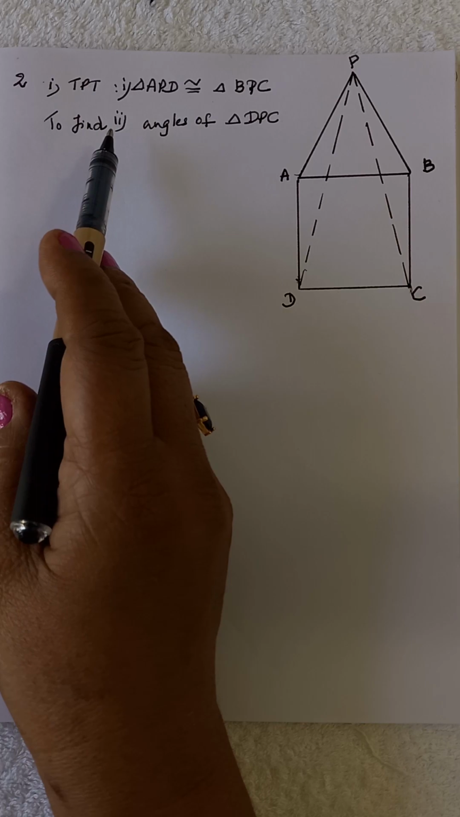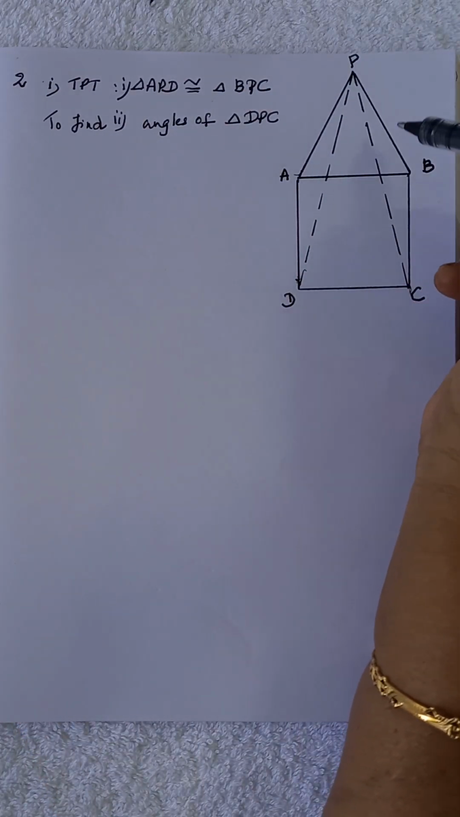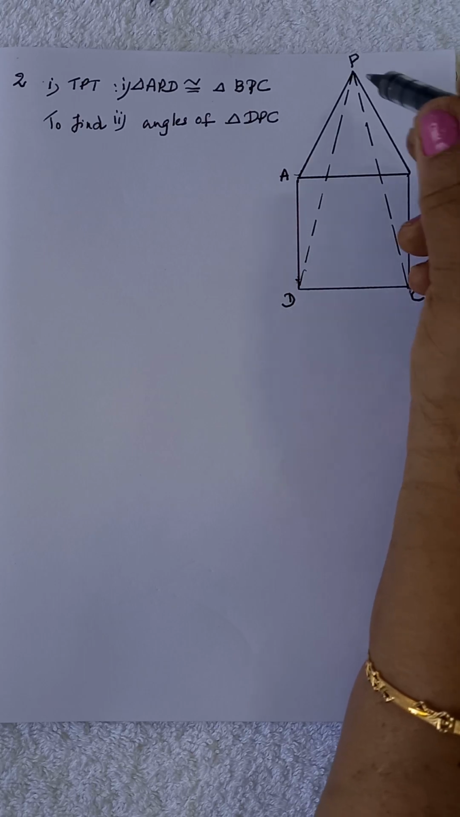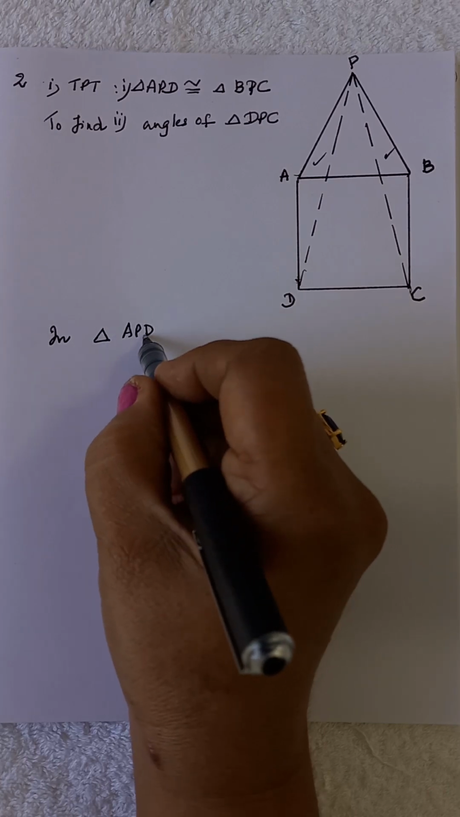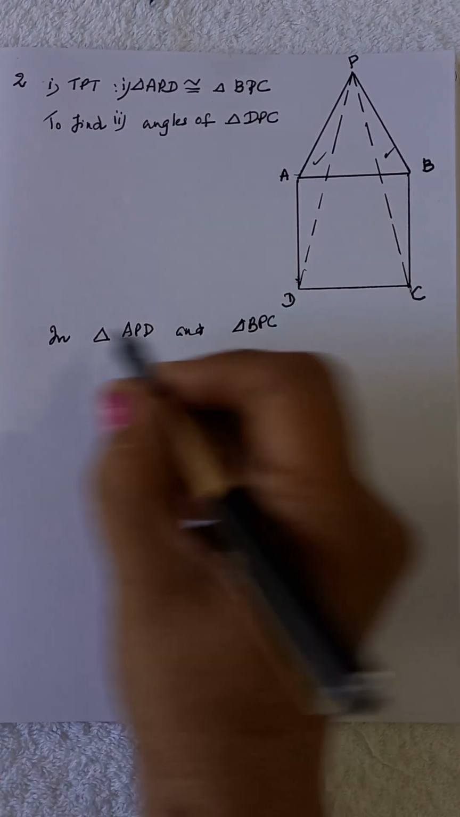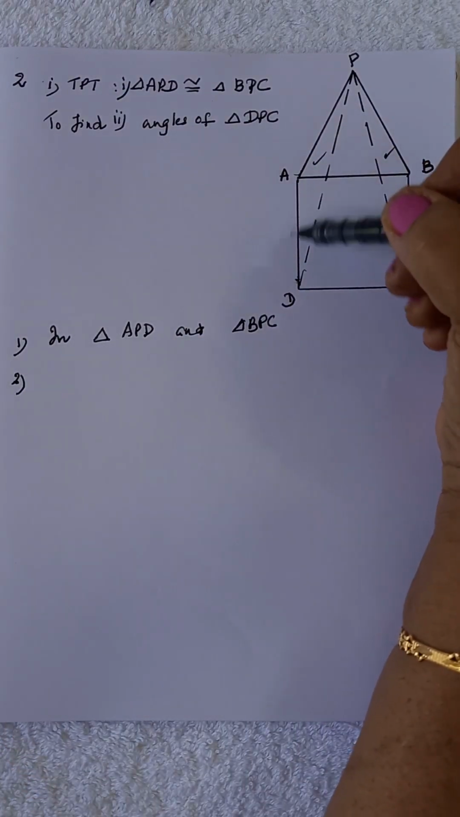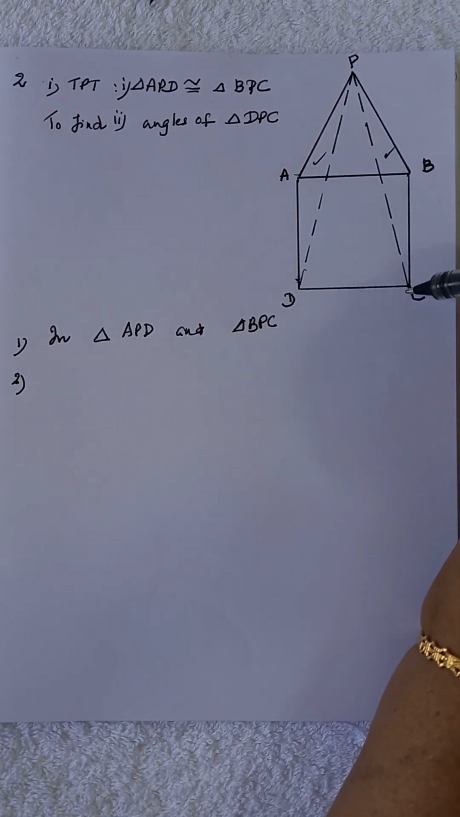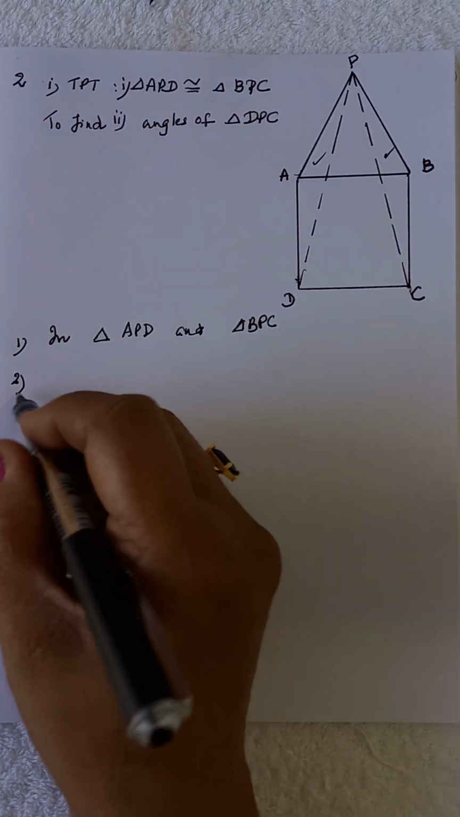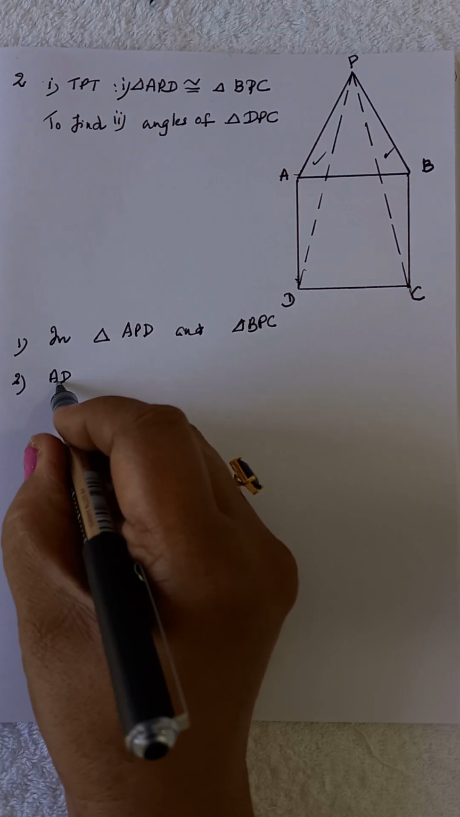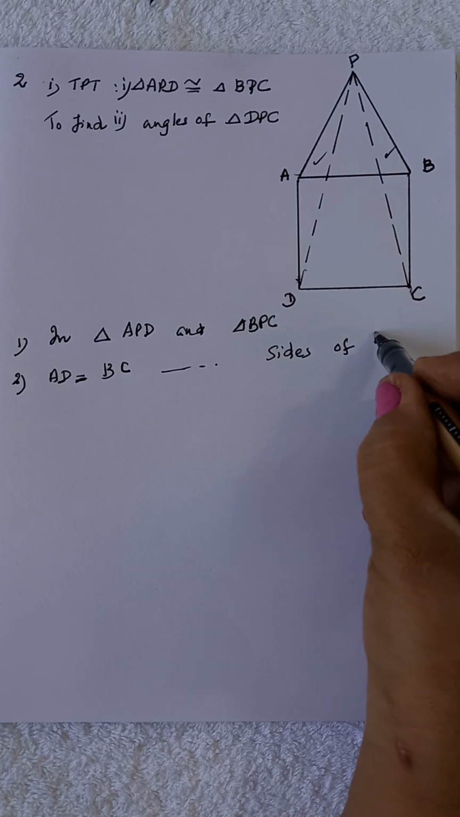Here we have to prove first that triangle APD is congruent to triangle BPC. You can write in triangle APD and triangle BPC, this is first point. Then second one, here this AD is equal to BC. Why? Because these are sides of square ABCD. So we can write AD is equal to BC. Reason is sides of square